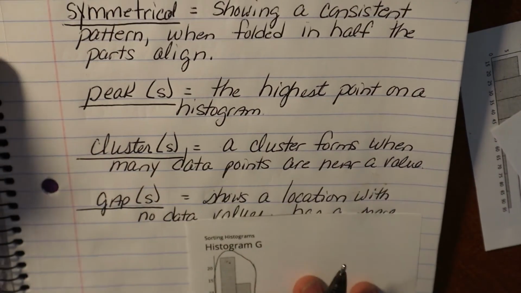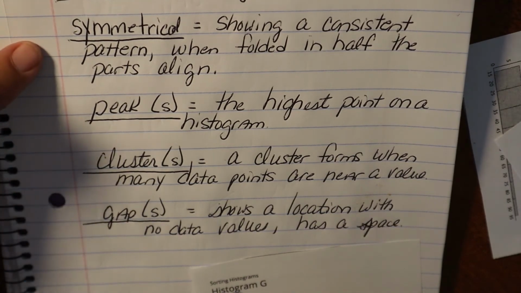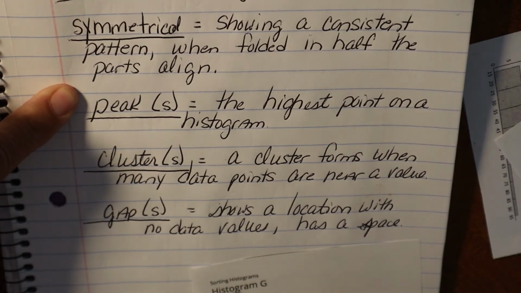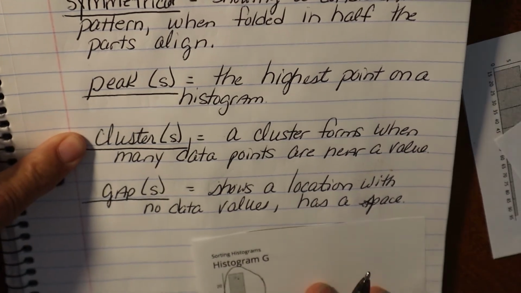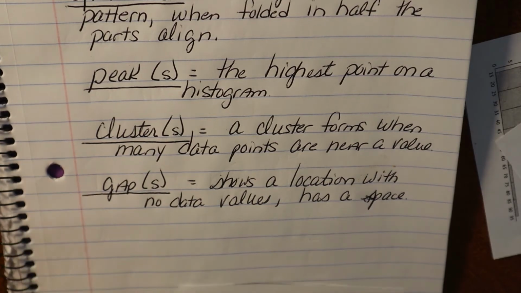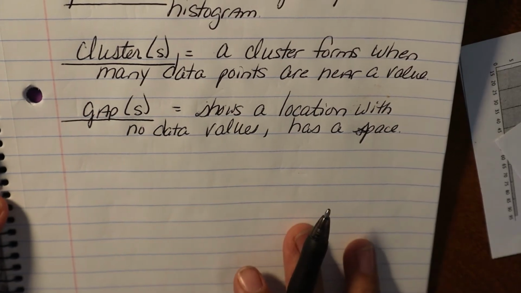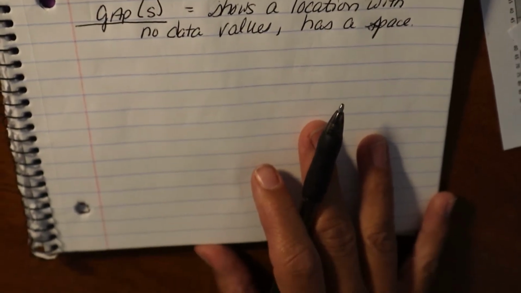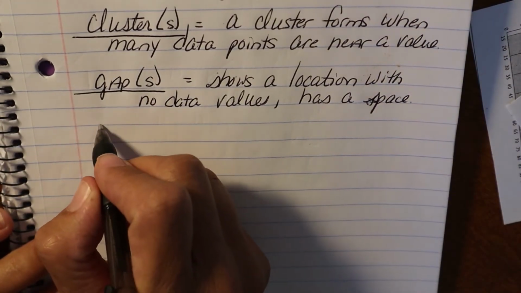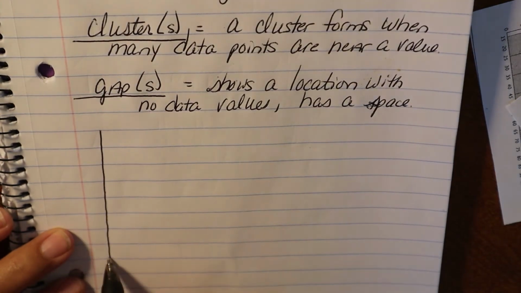So all of these terms is pretty much what today's lesson is about, describing histograms and saying to yourself, is it symmetrical, yes or no? Does it have any peaks? Could have one peak, could have maybe two peaks. Does it have any clusters? Yes or no? Does the histogram have any gaps? Yes or no? So let's put this all together, and we're going to draw a histogram down here, and we're going to label it so that you are completely familiar with all of those terms that describe a histogram. So let's go ahead and come down 1, 2, 3, 4, 5, 6, 7, 8,